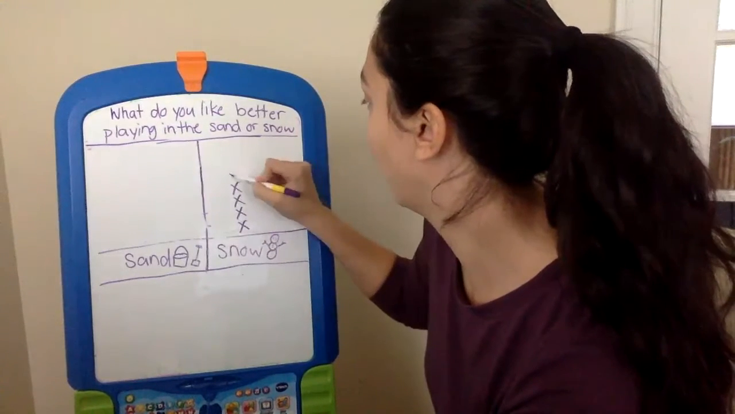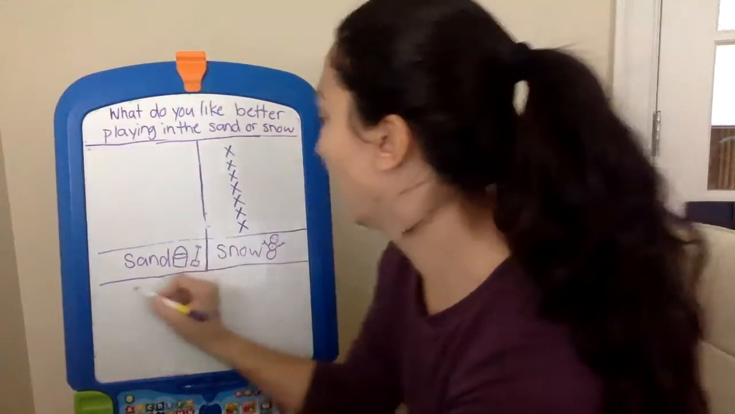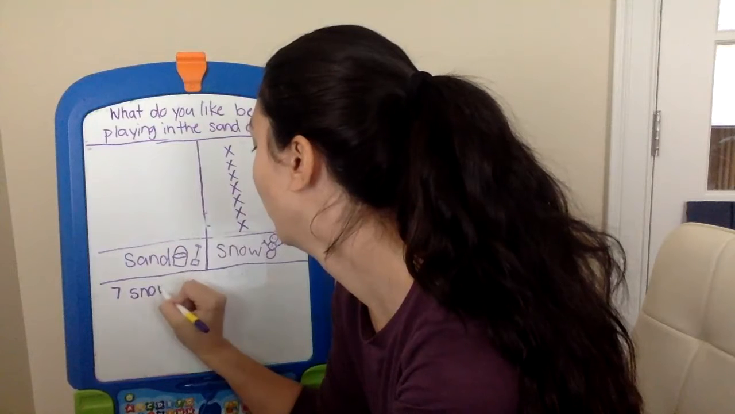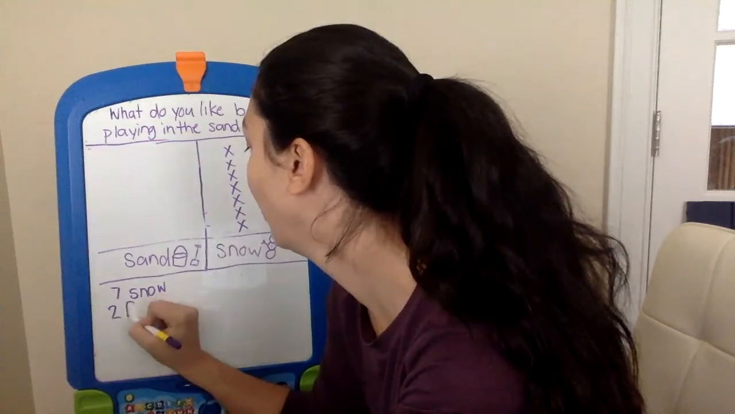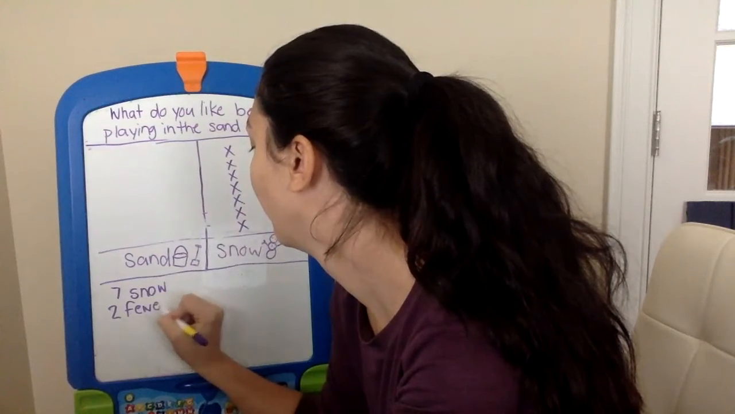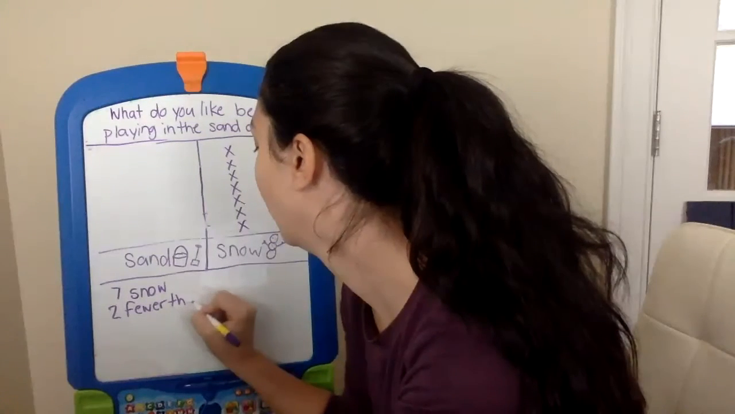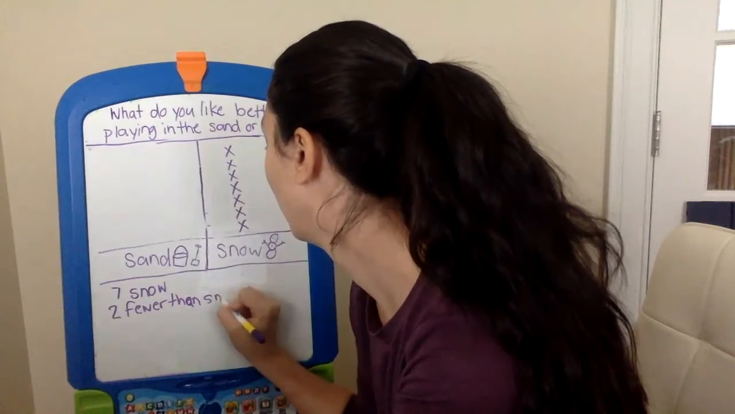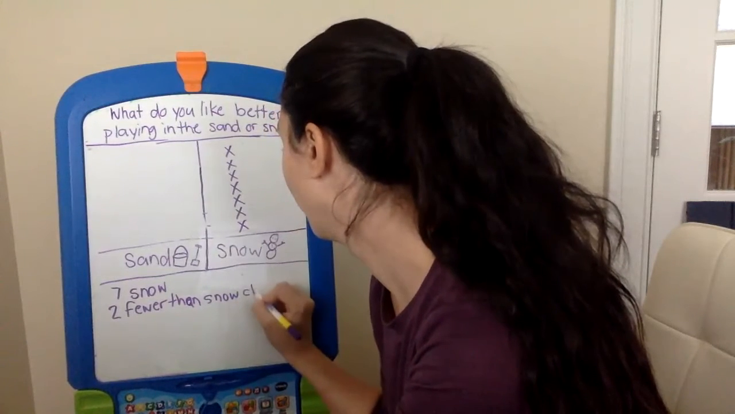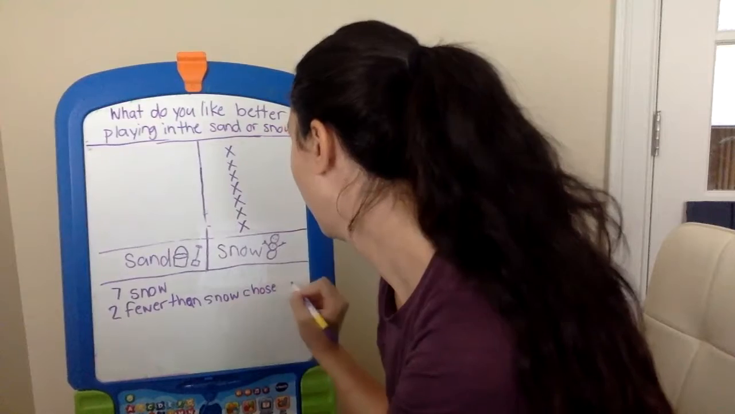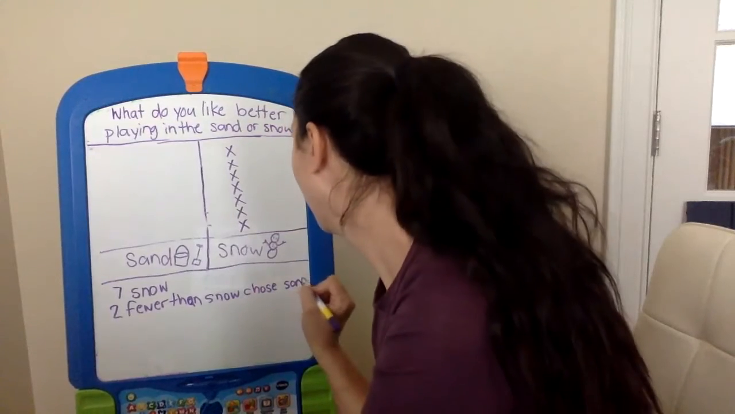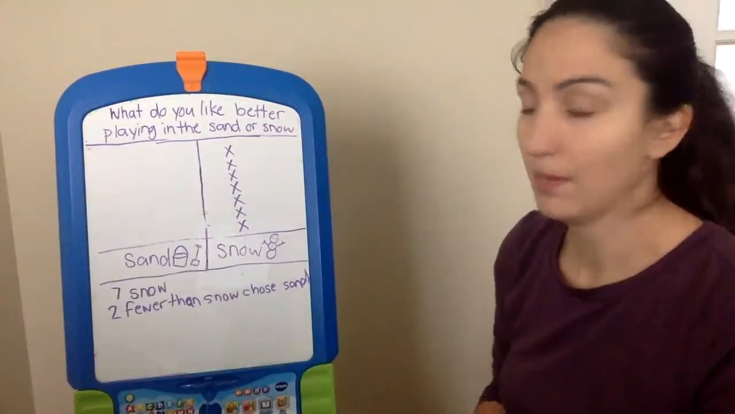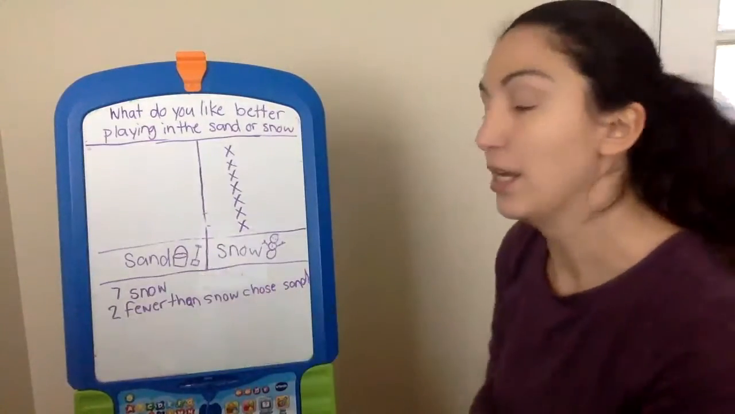1, 2, 3, 4, 5, 6, 7. And I'm going to write it over here. 7 chose snow. 2 fewer than snow chose sand. So if we think of it as a word problem, we can take these words and turn it into